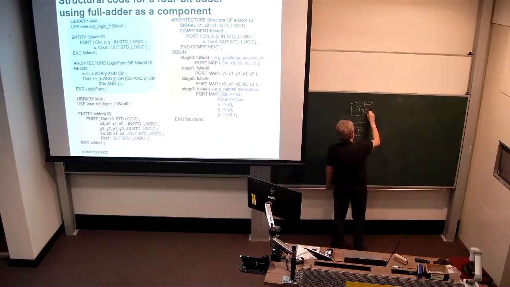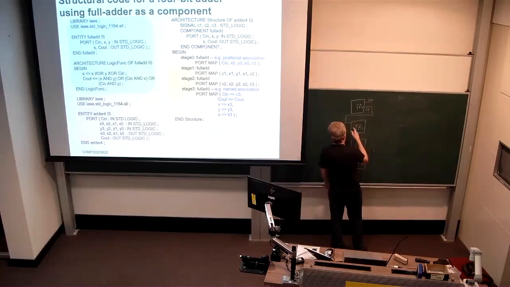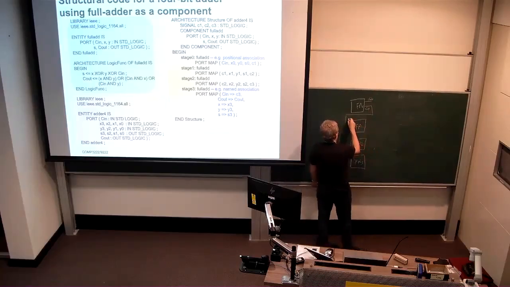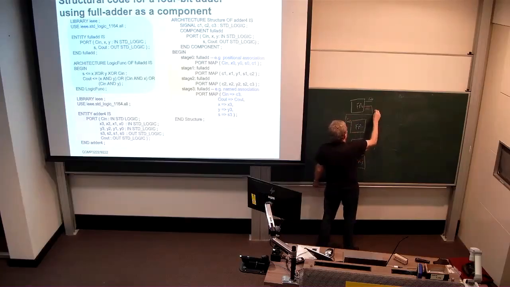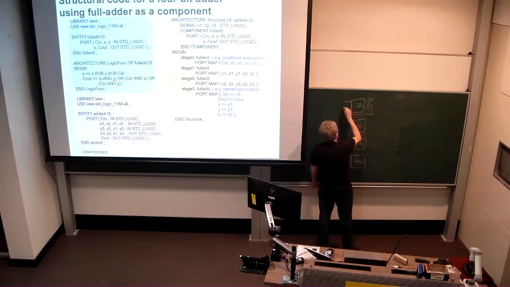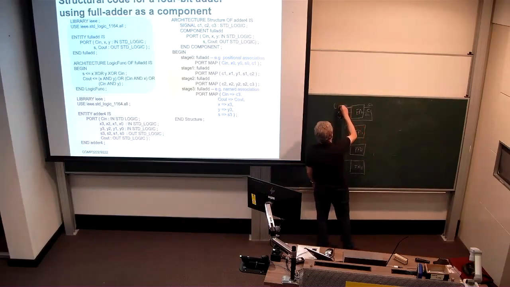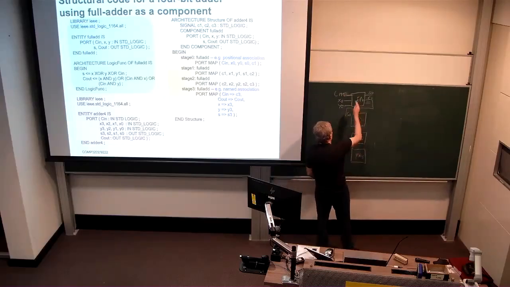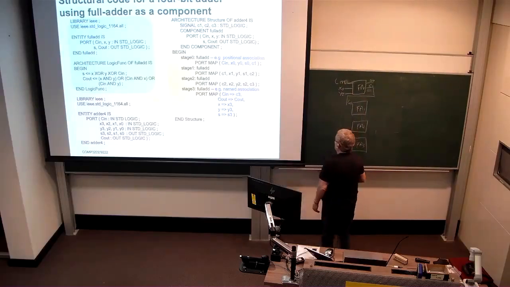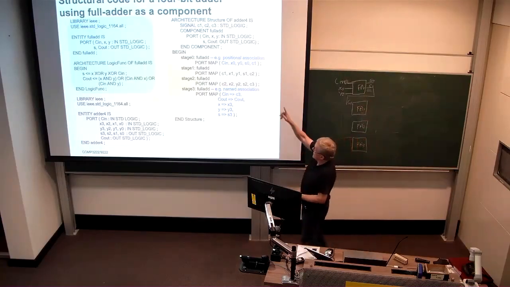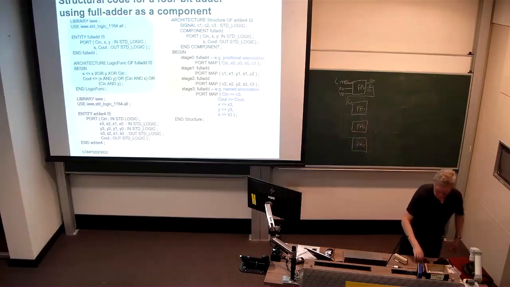So we have carry 0, but that's going to be an input to this one as its carry in. So we're going to call that C1. Actually, this should be called C1. And we have x0, y0 coming in. Well, actually, the way that it's listed here, it's going to be Cn coming in as the carry into full adder 0. So to connect these full adders together, we have to have those 3 signals declared up the top here,